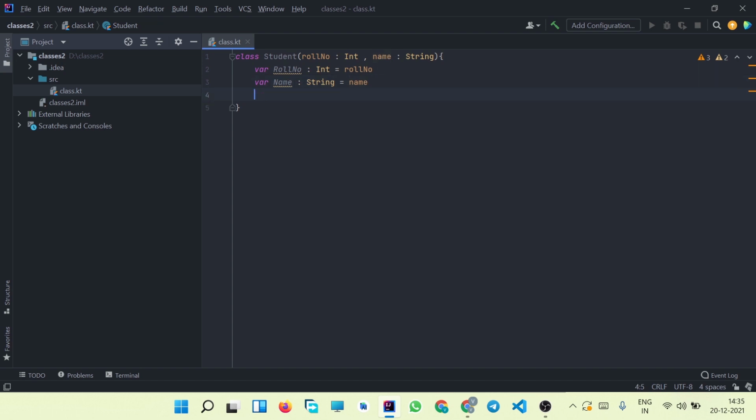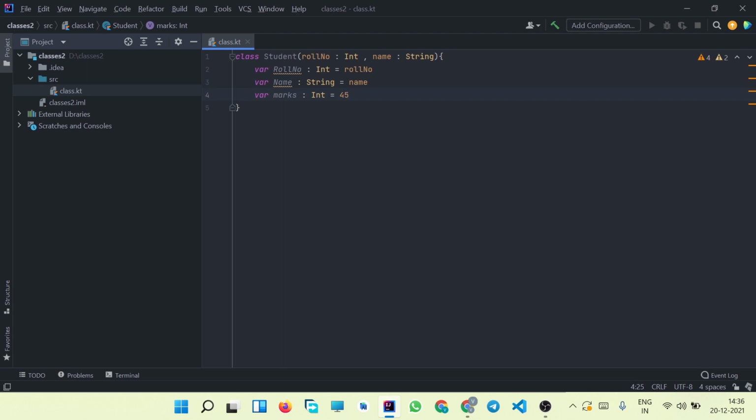We can also create another attribute called marks, again of int data type, and initially it has a value, let's say 45. So this is going to be the default value.